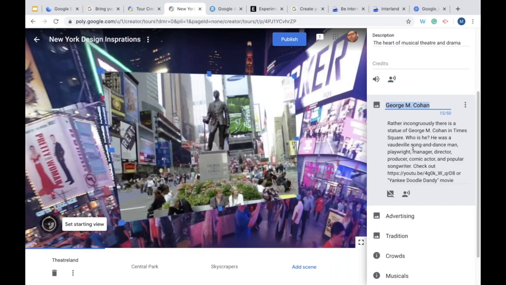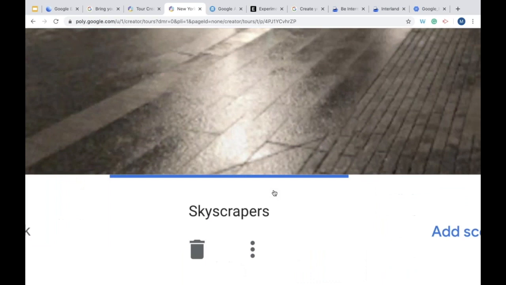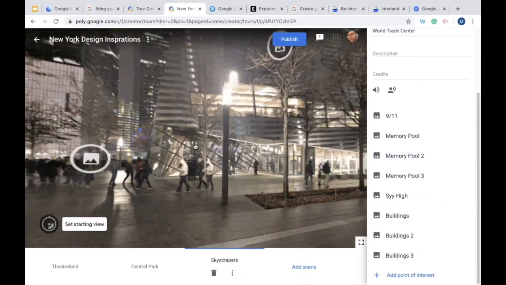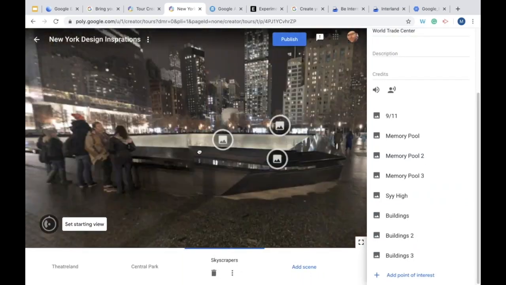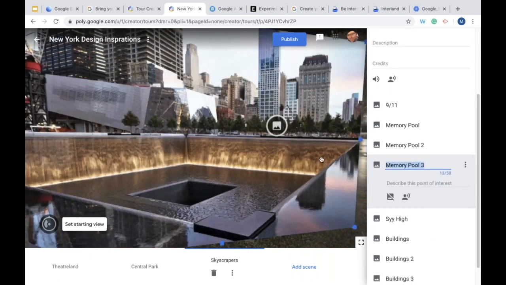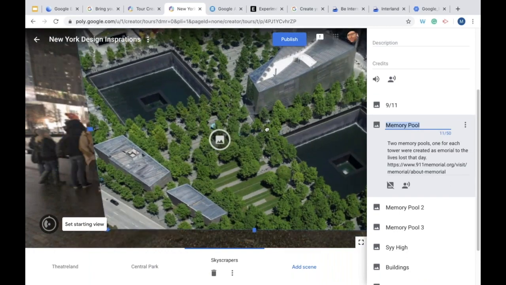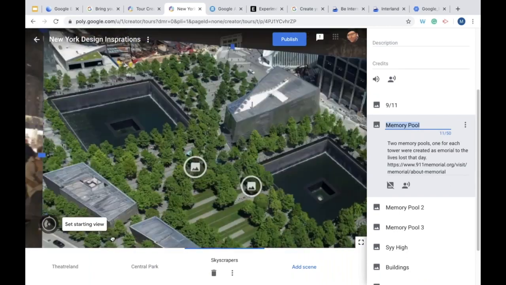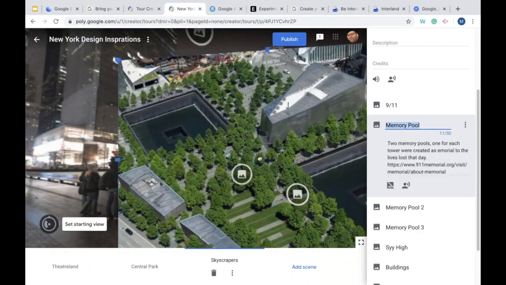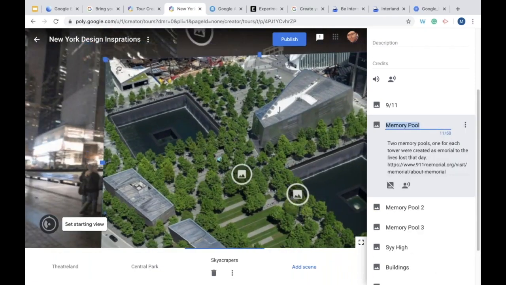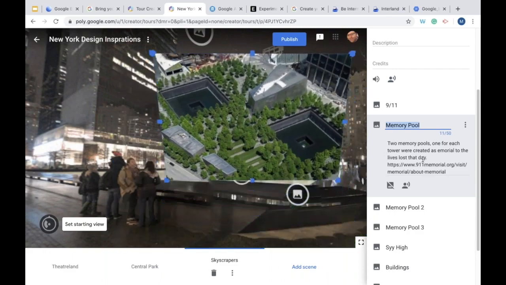So this particular piece of information is about George M. Cohan in Times Square and the music he built and created over his life. I put a link to a YouTube video to encourage them to go somewhere else for information. In the skyscraper section, I've gone to the 9/11 memorial, and in there I've put in some information about the memory pools. And again, if that's too big, I can resize that image and reposition it on the screen, so when a student comes across it, they've got the information on the right hand side